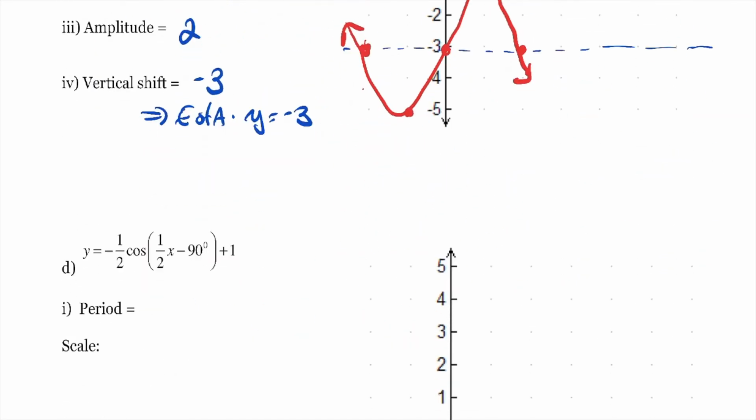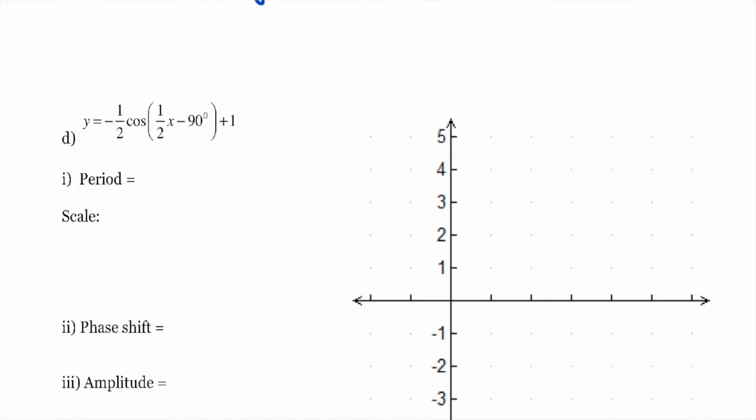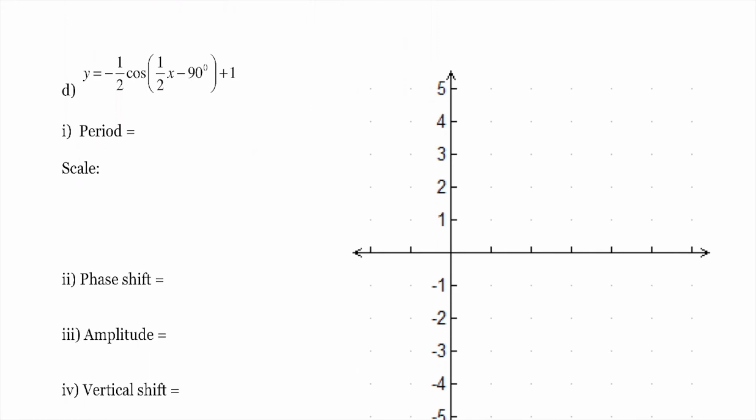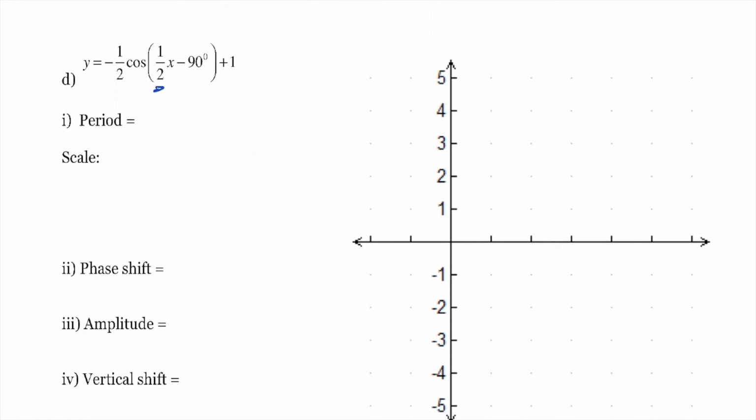So let's move on to the next one. So we have a cosine. Again, we have a k value, so we need to factor this one out. So this thing is the same as minus 1/2 cos. When we factor out a half, we get left with x minus 180 degrees, because 90 divided by a half is the same thing as 90 times 2